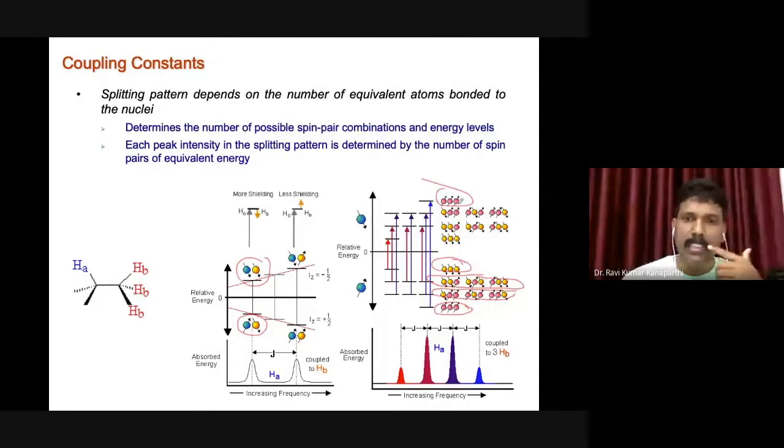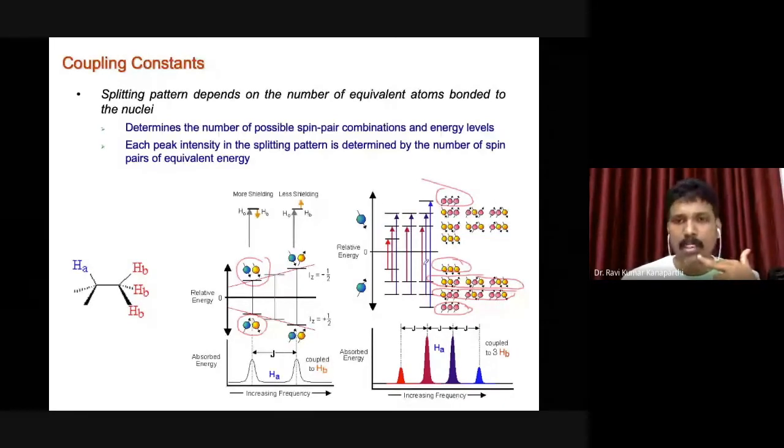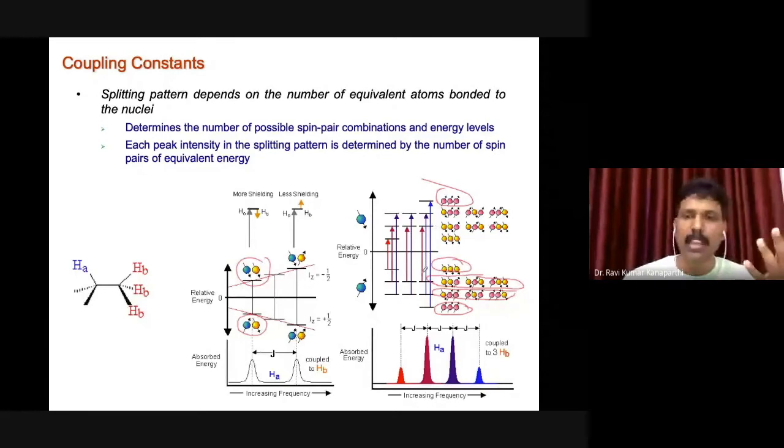Similarly, in the excited state also, you can write down. So this is an alpha alpha alpha state. The excited state also can be written, and accordingly, these are different possible transitions quantum mechanically allowed, and then you will get a quartet signal. Why do you get the quartet signal? It is because of this reason. You have different energy levels, and the transitions are possible accordingly.